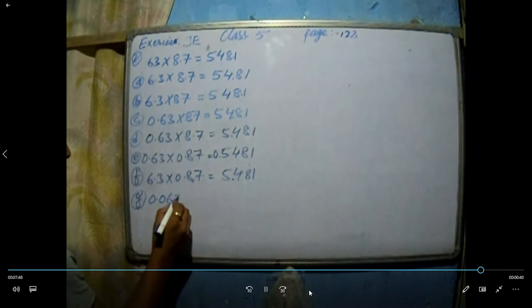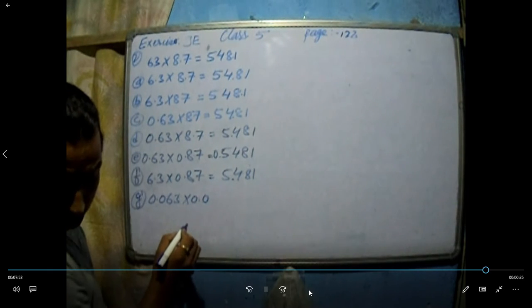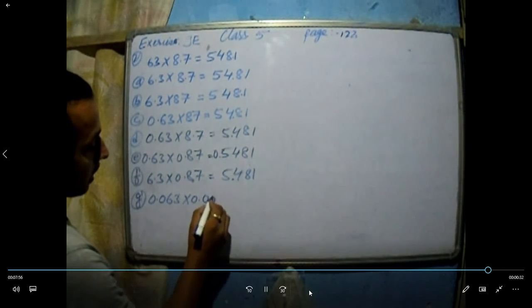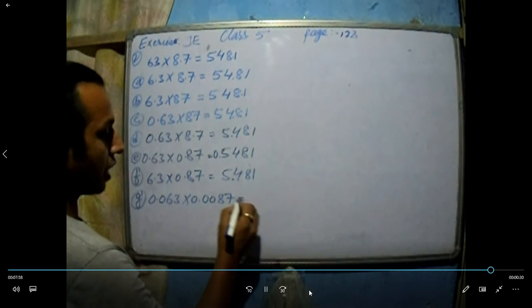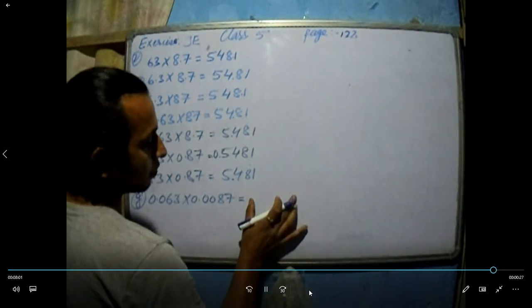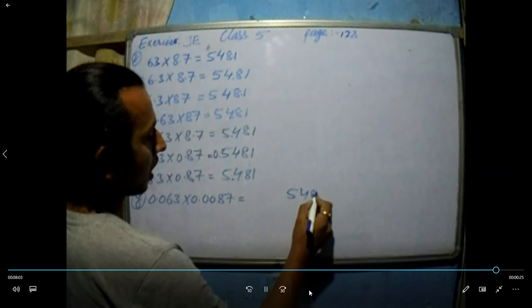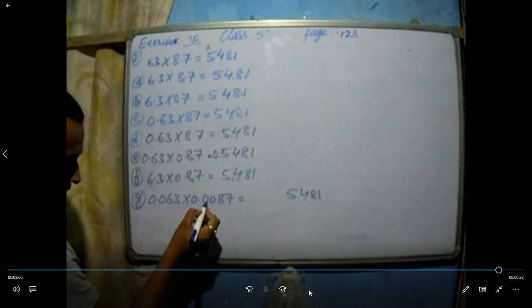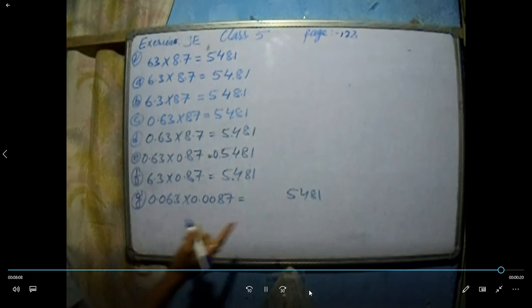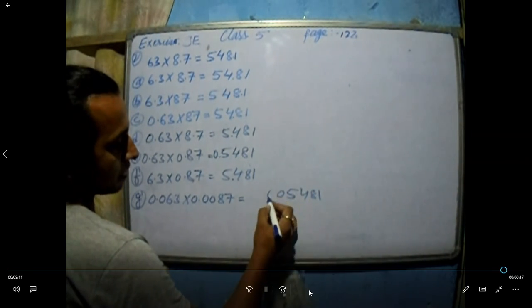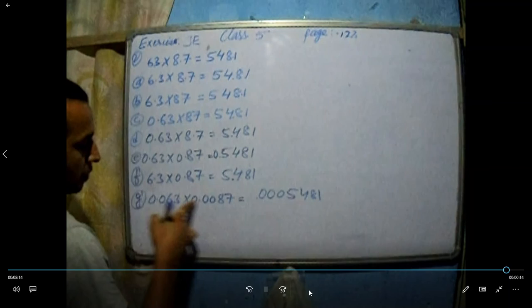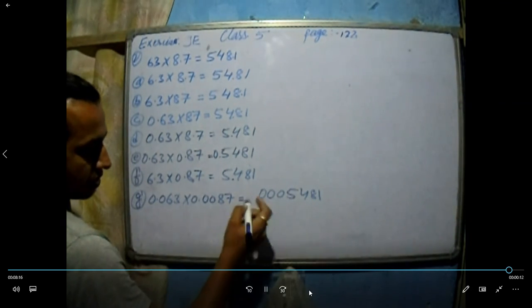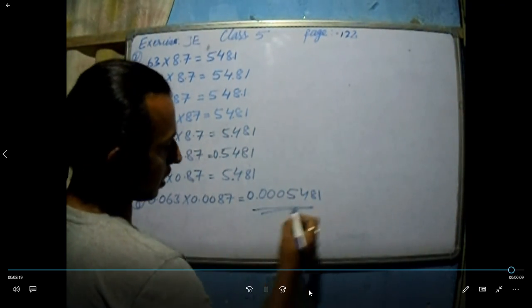Number Z. Okay. Number Z is here 0.063 into 0.00087. Okay. Now here answer will come this much only, but we have to keep some space out here. 5481. Here after decimal 4 digit, here 3 digit. That means altogether 7 digit. We have only 4 digit. So 5, 6, 7 digit. Okay. So 4 plus 3, 7 digit. Decimal is here. No number. Put 0. This is your answer. How you have to